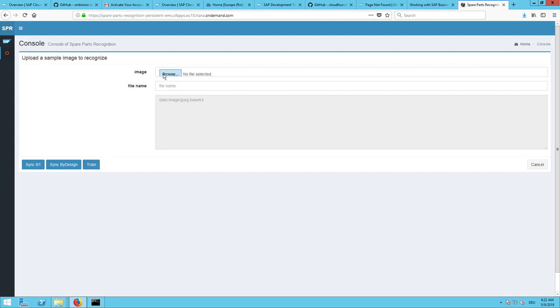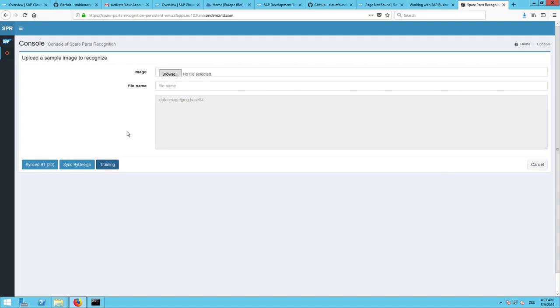And afterwards, you can upload any picture if you run it from your mobile, even from your mobile, and then try to recognize it. So first step is to synchronize the pictures from Business One. So now the service layer will read all master data records of your inventory, and regardless if there are images inside or not, we will just now browse through all of them. And now you can see that 20 items have been found in our Business One inventory, and in the next step we will now train only the items with the item pictures,